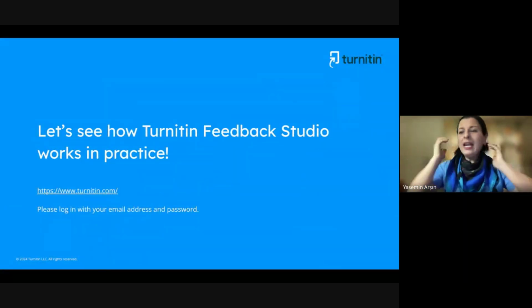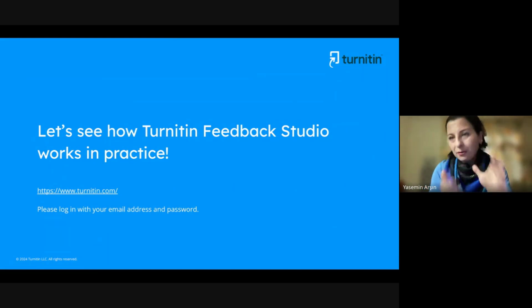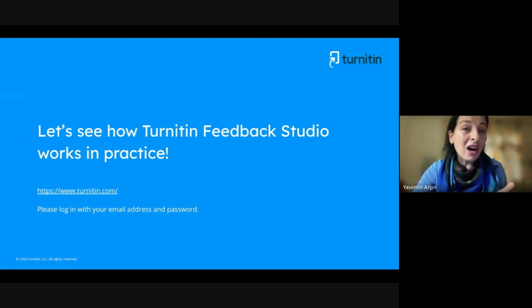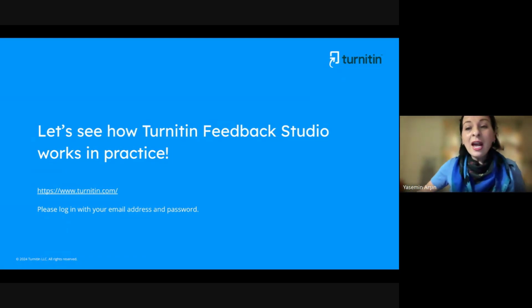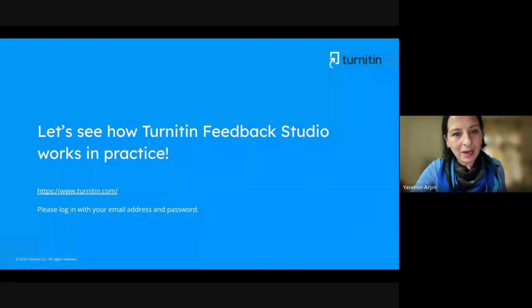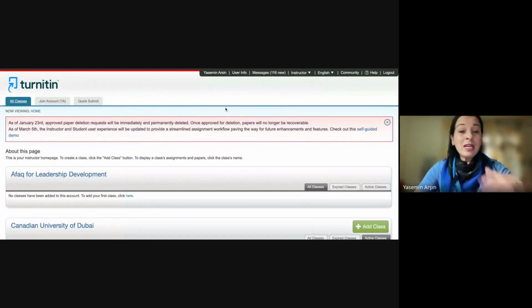Now, you should be aware that we have the native platform to use Turnitin Feedback Studio, Turnitin.com. I know that you are using Moodle actively because it saves time. You don't have to use both of the platforms at the same time. It is really more practical. But I would like to show you something. Maybe in the future, there will be a document that you don't want to upload on Moodle. Maybe there is an article you have, and you would like to get the similarity report and AI report.